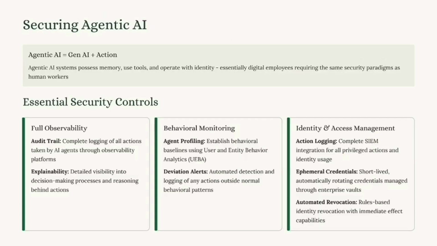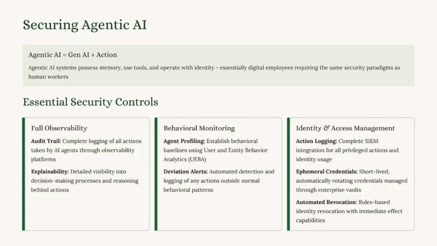So how would you go about securing agentic AI? This is no different than essentially securing digital employees, right? So think about what you'd want. I want to know exactly what actions they're taking at all times. What identities are they using? If you have something that does URL analysis as an agent, that's its job. If it's in the HR database, that's a red flag. Your AI should be only doing URL analysis, right?